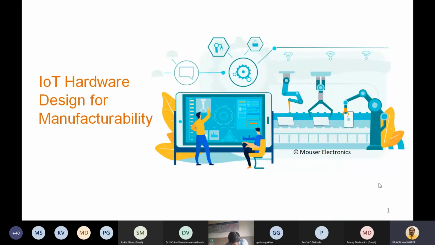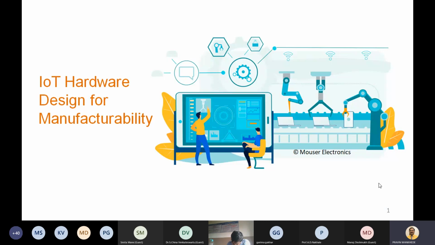The things that are included in design for manufacturability are, for example, what components you are selecting, and how properly you are selecting components for your prototype or the development phase. Then what manufacturers you are selecting, because once you start manufacturing, your manufacturer can't say, oh, you have to wait for 1 month and then I will supply your components. So all such things you have to predict and do a study of at the time of prototyping or development of your IoT hardware or IoT product.